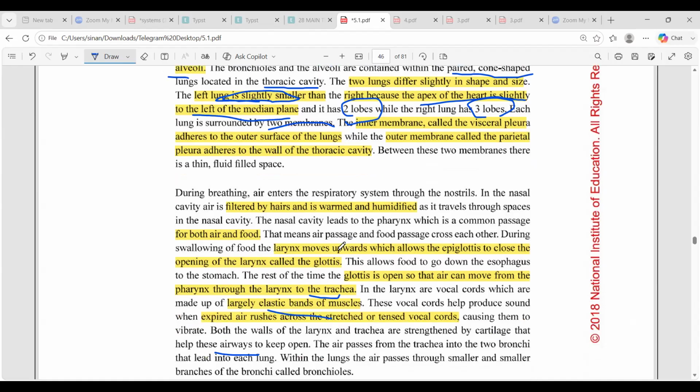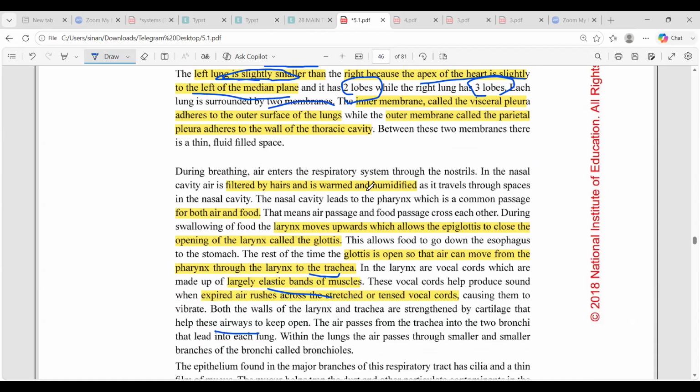So we read all these points. During breathing, air enters the respiratory system through the nostrils. In the nasal cavity, air is filtered by hairs, warmed and humidified. There are three main points: initially it is filtered, then it is warmed, and finally it is humidified. The nasal cavity leads to the pharynx,